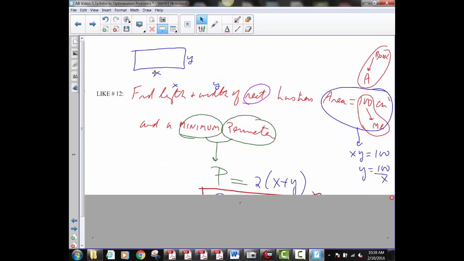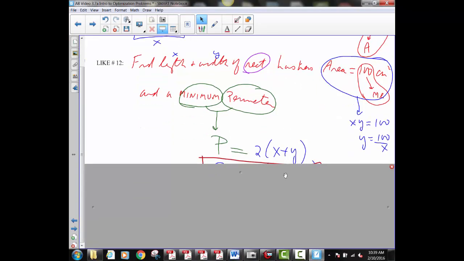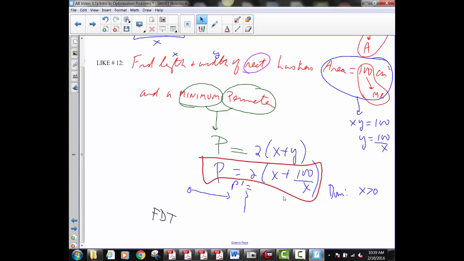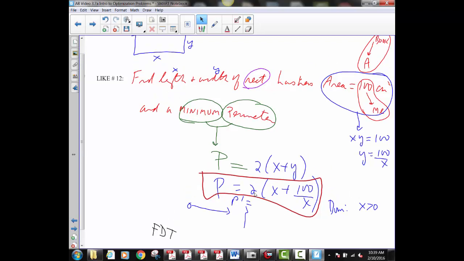So the area of the rectangle is X times Y. If X times Y is 100, Y is 100 over X. And now you can replace Y by 100 over X. That is your equation in one variable. Your domain, obviously X has to be positive. It's not going to be a negative length. And then, and basically, once you have the function and the domain, I'm really not interested anymore. The rest is old stuff. This is the hard part, getting the correct function and getting the correct domain. After that, you should